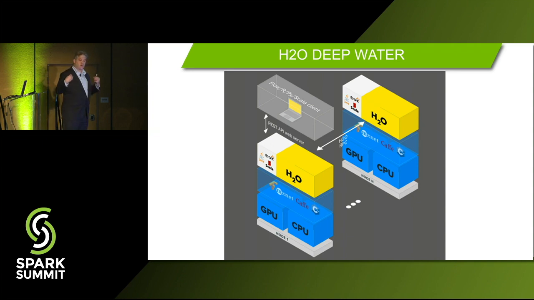So H2O is an enterprise machine learning and deep learning platform that's open source, and it has paid enterprise versions. But the version called Deep Water, what it can do is, if you have GPUs present on a cluster, it can use the popular deep learning frameworks such as TensorFlow, MXNet, and Caffe as backends. It can pull the data out of Spark data frames, have it be resident in the internal H2O data frames, and then it uses these popular frameworks as backend.